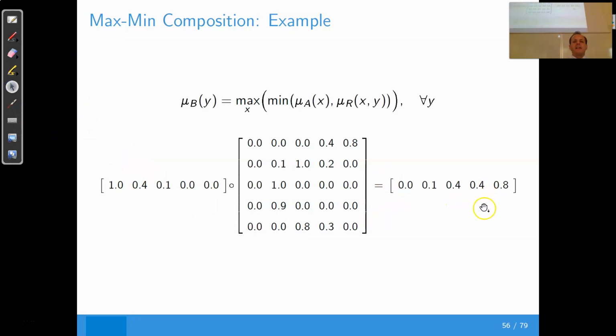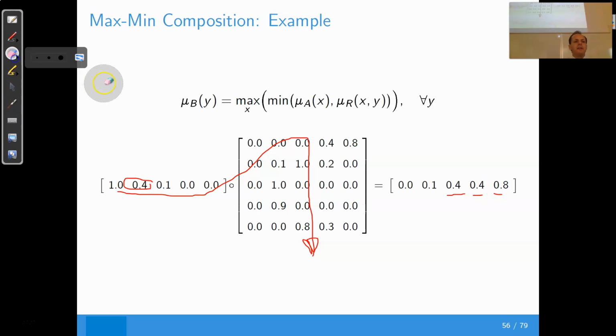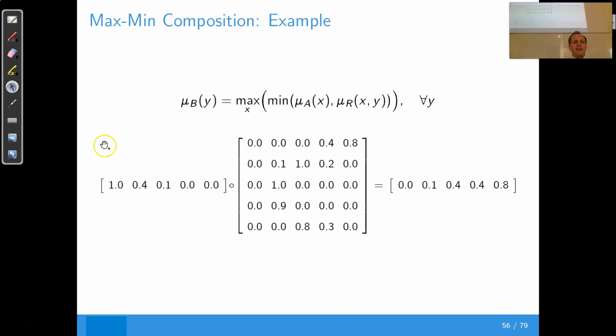And this is the final result. So I don't want to try to. It's clear why you obtain 0.4 here, because of course when you multiply this, for example, for the third column, the minimum is 0.4 and the maximum of this column is 0.4. So here you have 0.4, 0.4, 0.8. I don't want to take all the elements, but